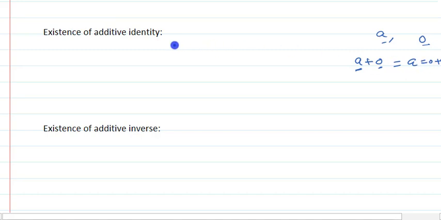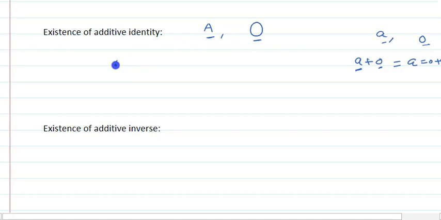So the same is the case in matrix addition. If A is any matrix, and as I told you, there is one matrix we call the null matrix or zero matrix. You can think that the zero matrix has every element 0. So if we add 0 to each element of A, then the result will remain the same as the matrix A. Therefore, the null matrix or zero matrix is the additive identity for matrices.